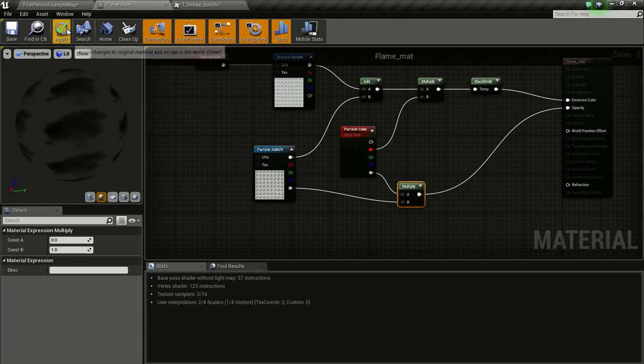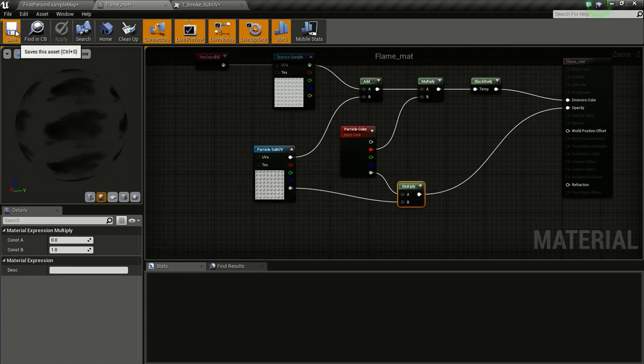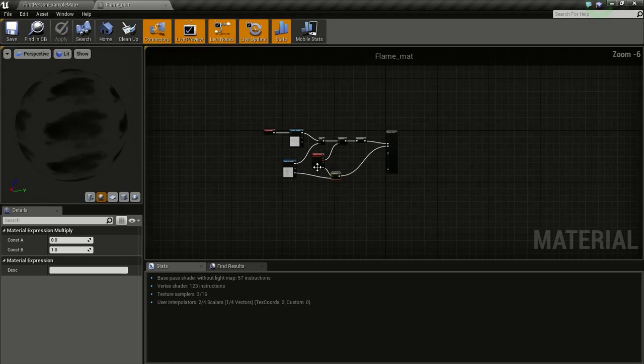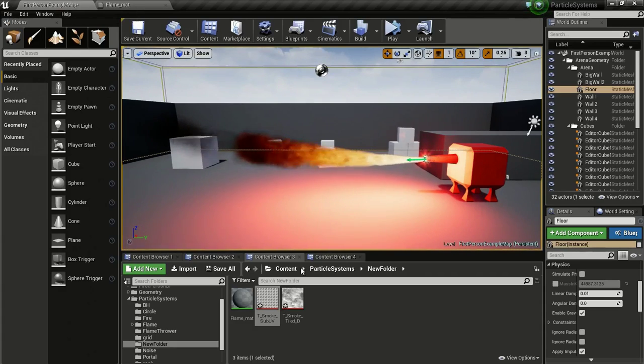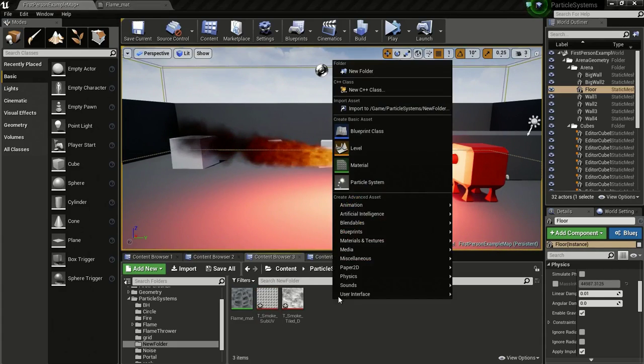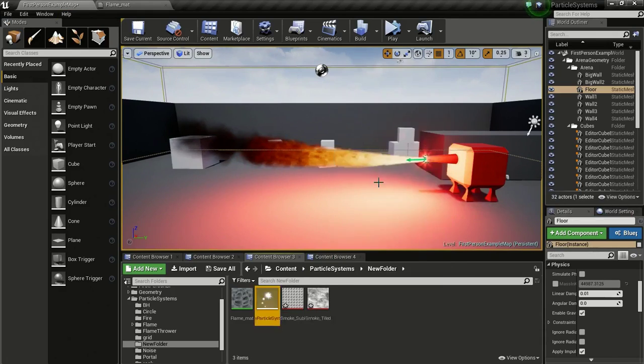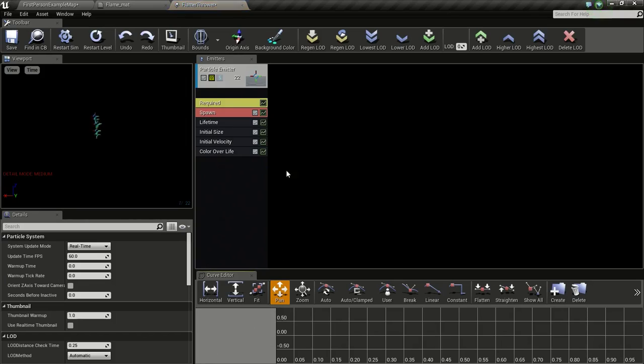So we get this. I will click apply and save. Now we are going to create our particle system. For that, go to the content browser, right click and click on particle system. I will name this Flamethrower